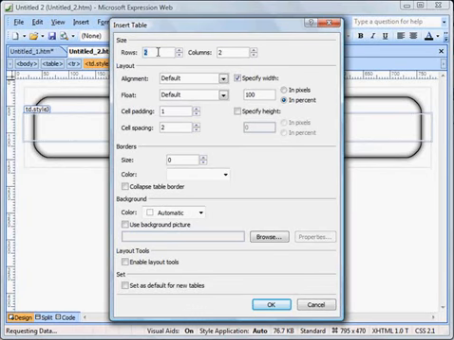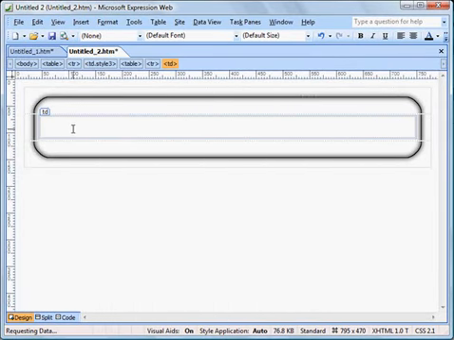This time, you put in your rows at 1 row and 1 column. The alignment, set it at center alignment. We specify the width again in pixels. Let's say we want to have a 700 pixel width. So the width has to be smaller than the width of your graphic, which is 760. So I selected a 700 pixel width, and I selected a cell padding of 10 and a cell spacing of 0. Okay. So once that is set up, click OK, and you have a new table at the middle portion